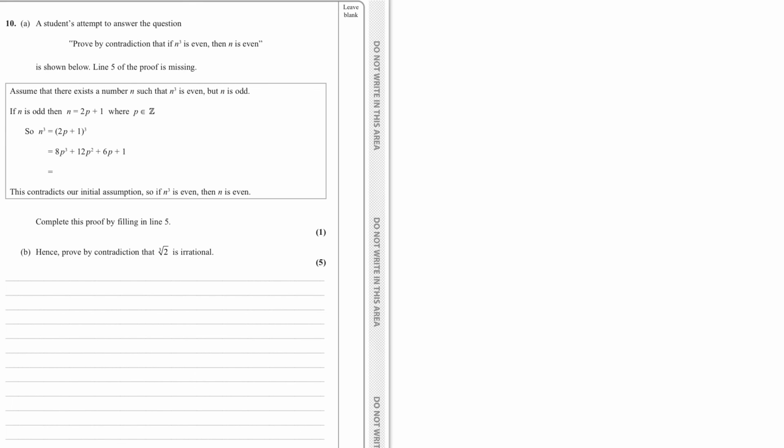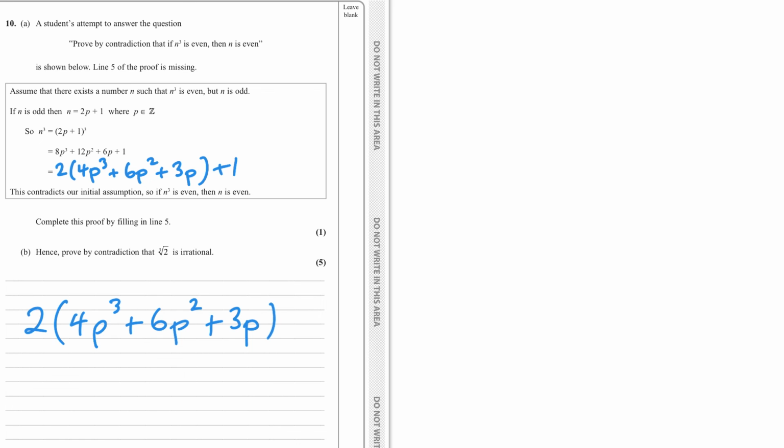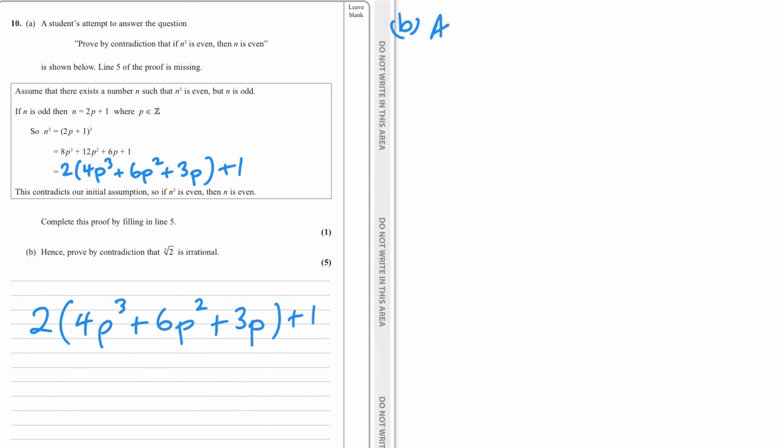So filling in the missing line means that we just take a factor of 2 out. We have 4p cubed plus 6p squared plus 3p, then plus 1. Okay, I'll write it just underneath, hopefully, just in case it's not as clear. So you're just factoring out that 2, as then quite clearly this is an even number, plus 1 will make it odd. So we need to assume, or our assumption,